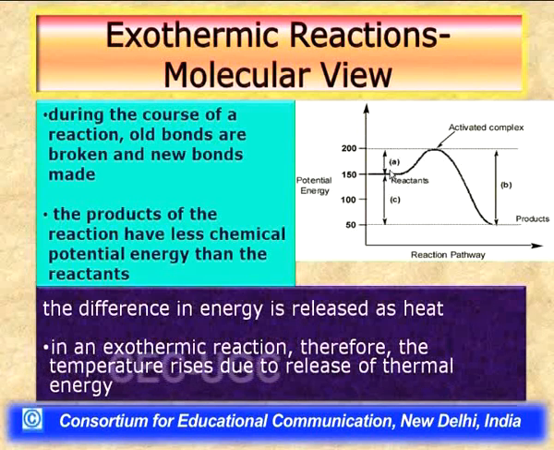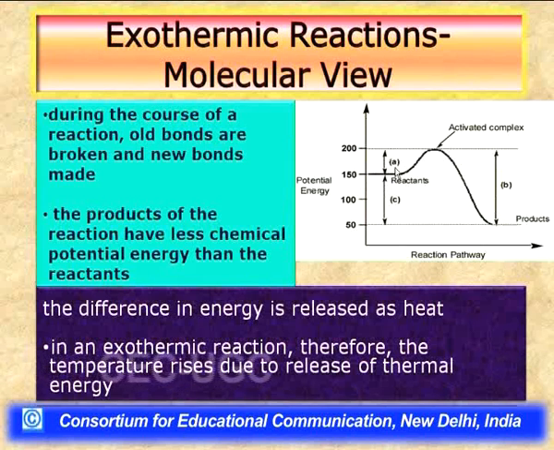Basically, here the reactants have greater chemical potential energy. Chemical potential energy means that if some bonds are placed which are weaker bonds, then by virtue of absorption of energy, the bonds are weakened. In that sense, the potential energy of the system is increased. But when there are greater forces of interaction operating between the atoms to bring about a bond, then the bonds are stronger and the potential energy of the system gets decreased.